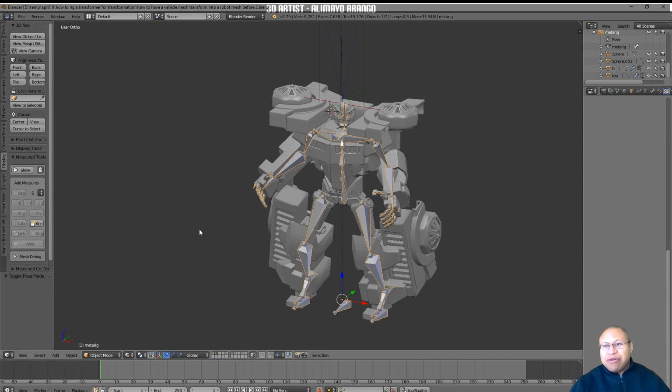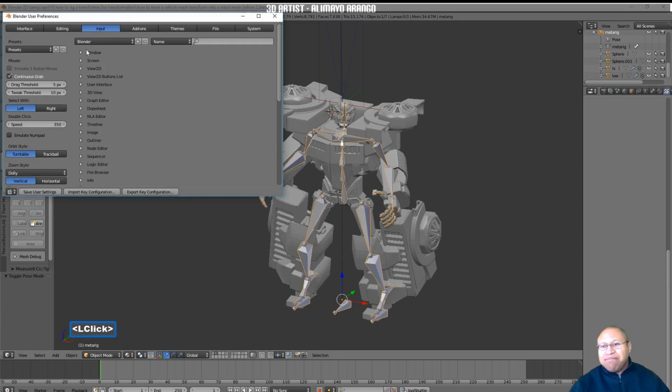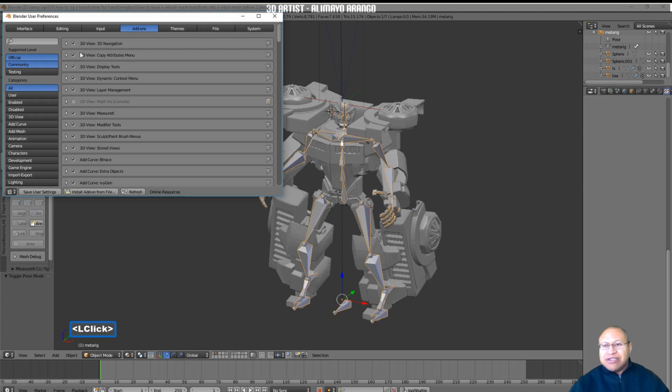Okay, if this is your first time in Blender, I recommend you go to File, User Preferences, go to Input, and then choose Select with left click. Blender's default select is with right click, and this may confuse you if you're coming from Adobe programs or other 3D programs. Also, while you're in here, click on Add-ons, then put a check mark next to 3D View, 3D